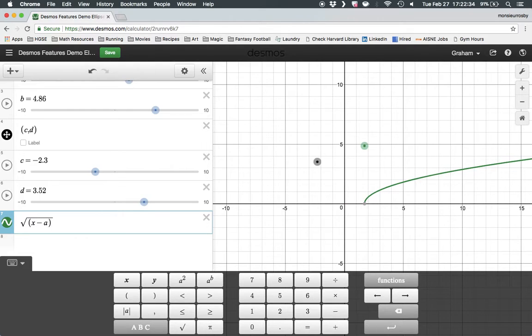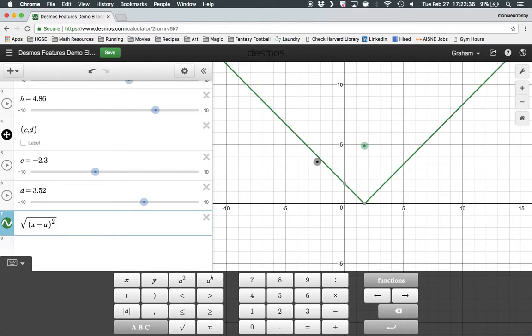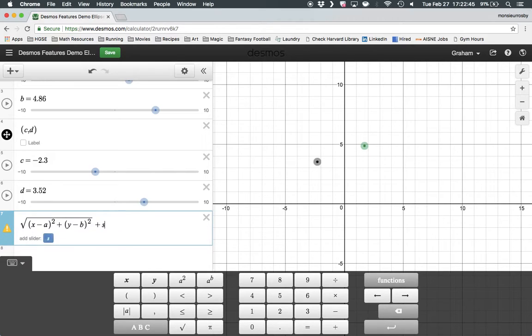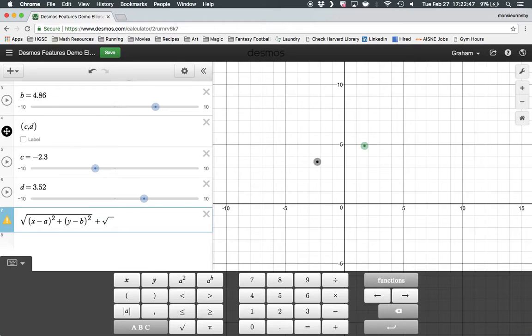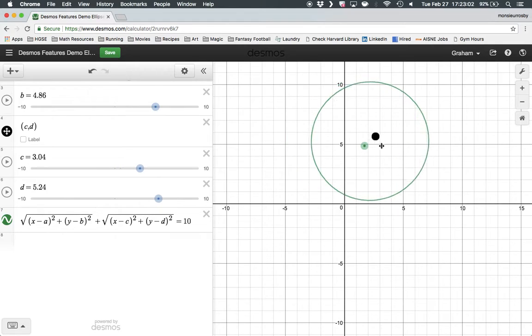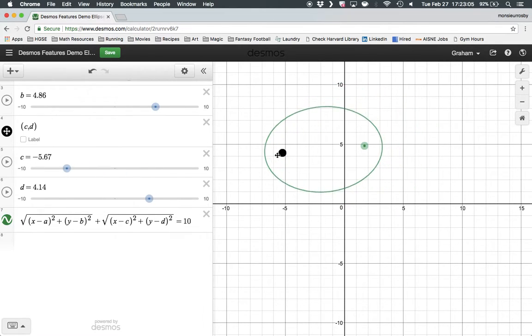So I could set up, just given these parameters, a and b, square root of x minus a quantity squared plus y minus b quantity squared, and just really love how straightforward and visual all of this is as well. We'll add in that second point, x minus c quantity squared plus y minus d quantity squared. And then if we fix that to some number like 10, what we've just described and created is an ellipse